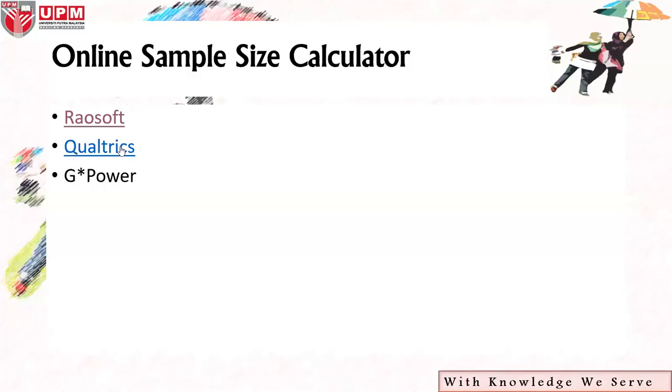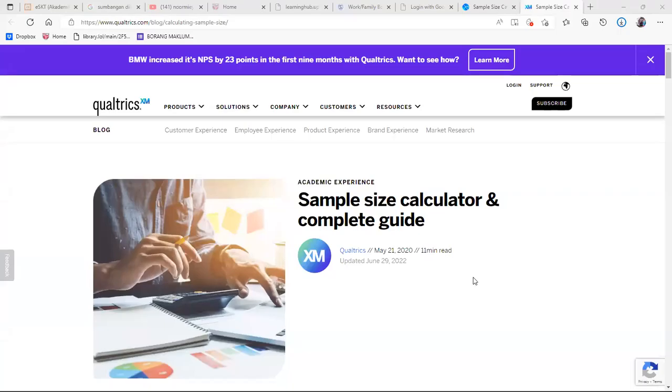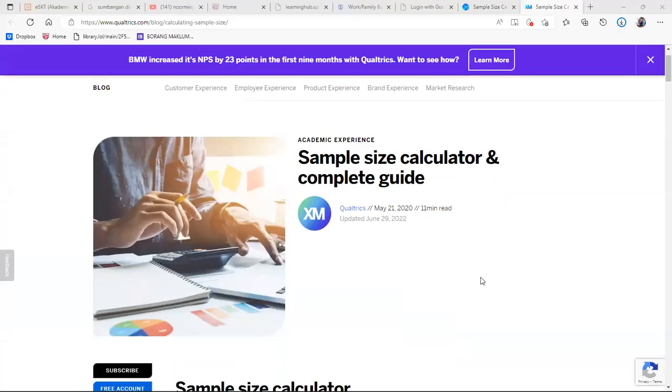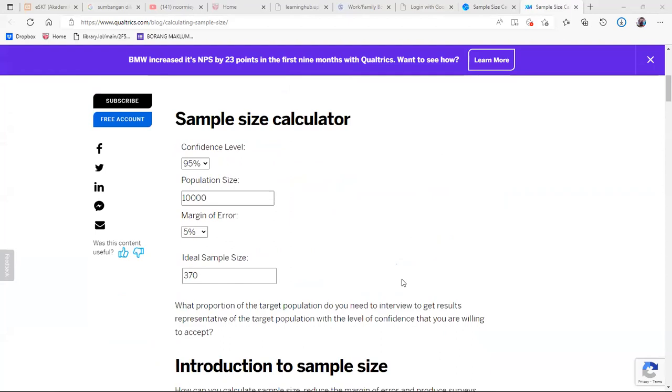Qualtrics. Qualtrics is quite similar to Raosoft. Which Qualtrics? Stop share. Okay, this one. You also need to know the population.